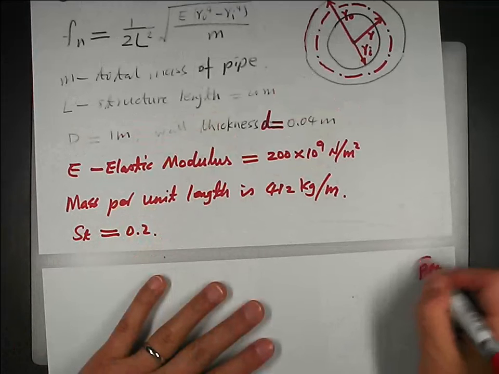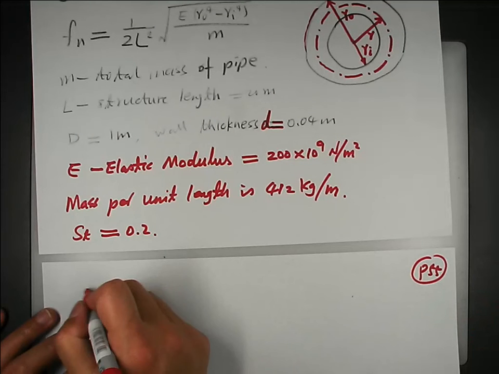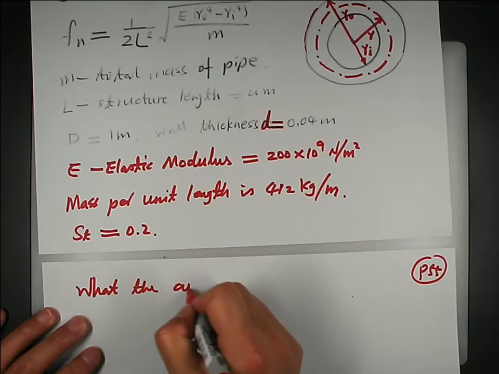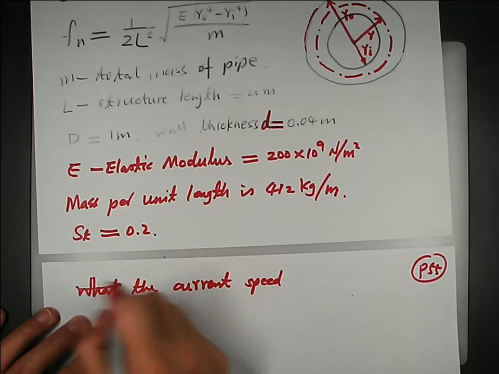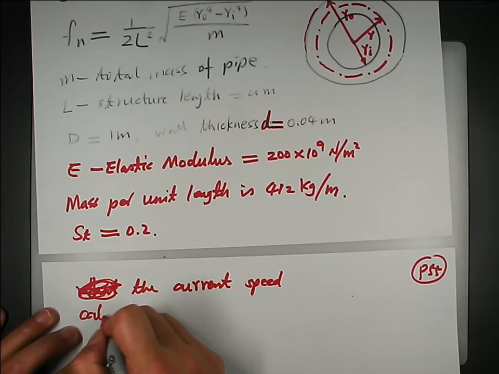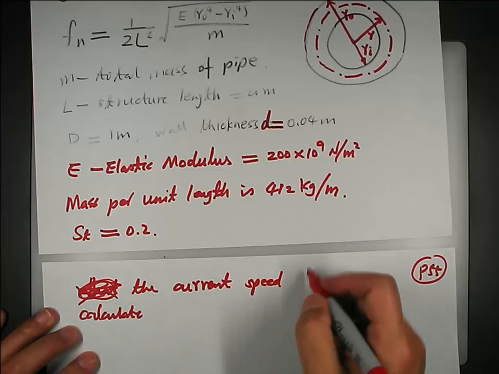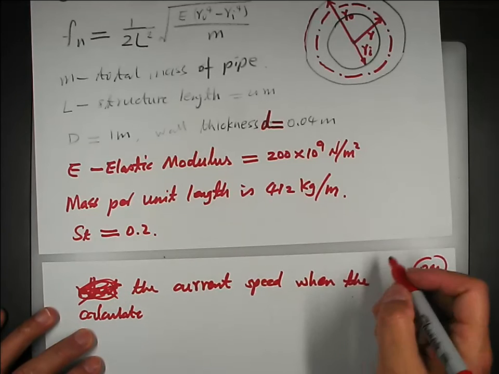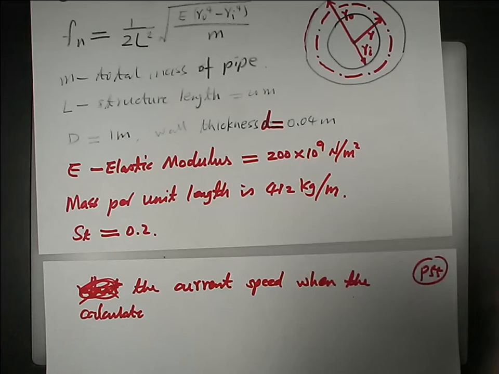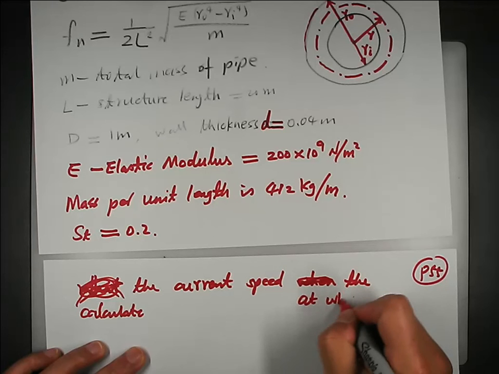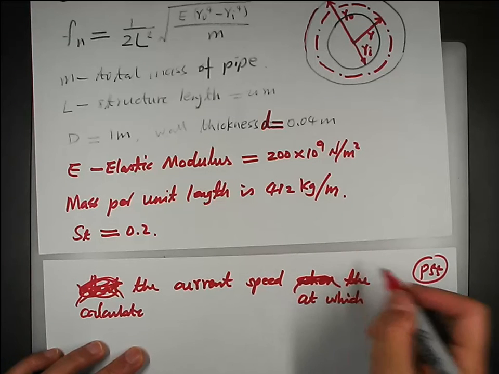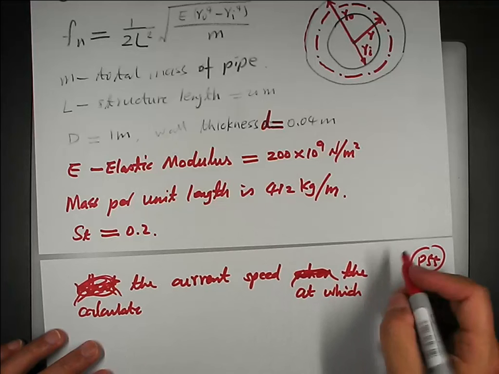Page 55, the question is, what the current speed is? Or we can say, calculate the current speed at which the pipe